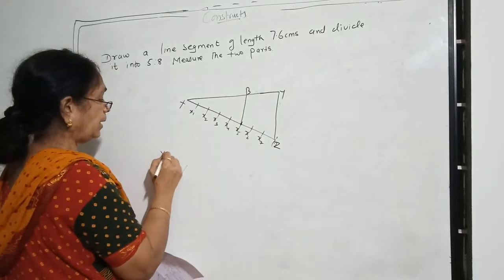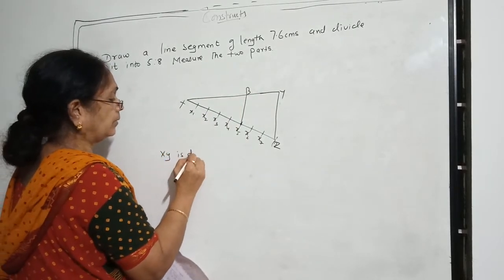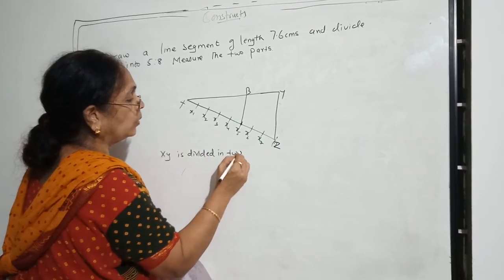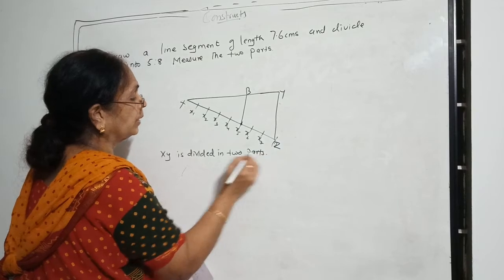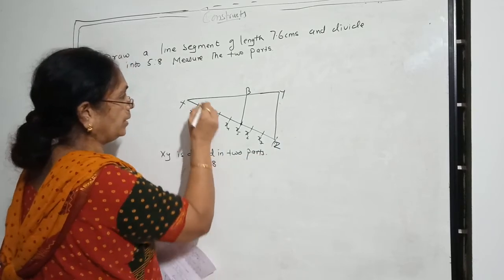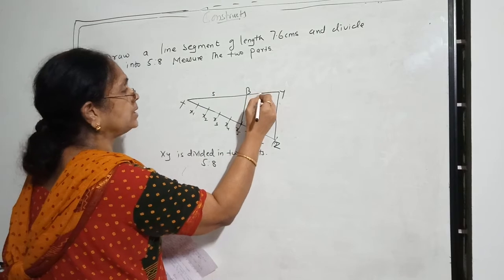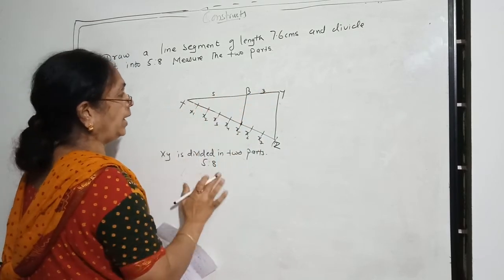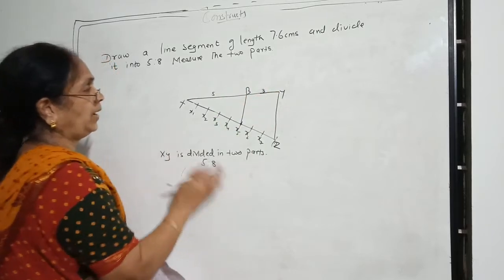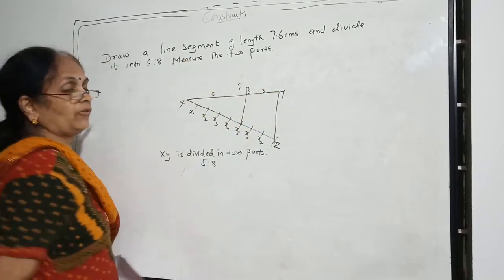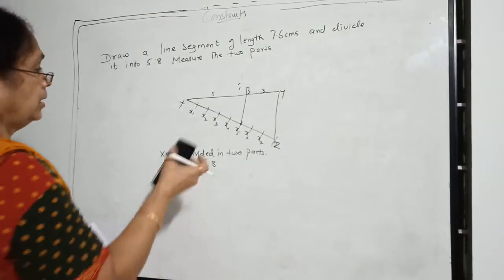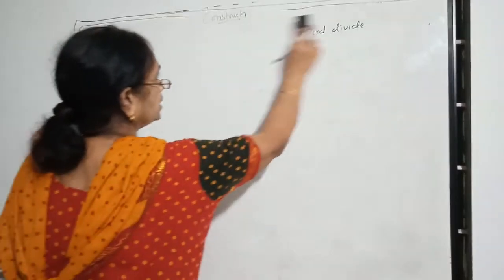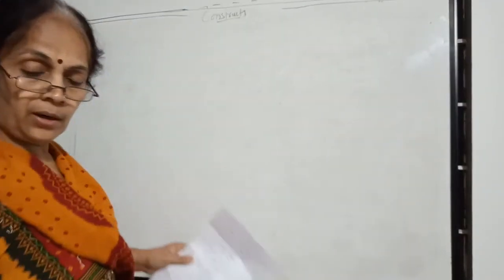That means XY is divided in 2 parts in the ratio 5:8. So this is 5 and the remaining is 3. 5th part out of 8, third part out of 8. This is the way XY is divided in the ratio 5:3. Now a question like this might be for 2 marks. Understand children? Take out a class work and see how it is done. Practice it 100% for your exams.